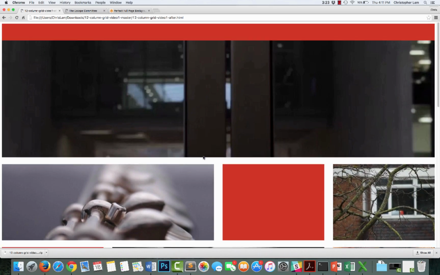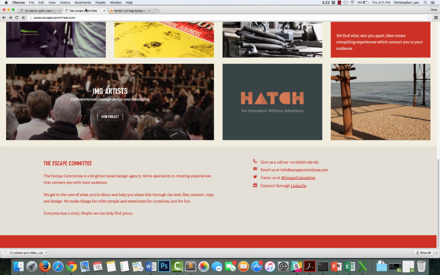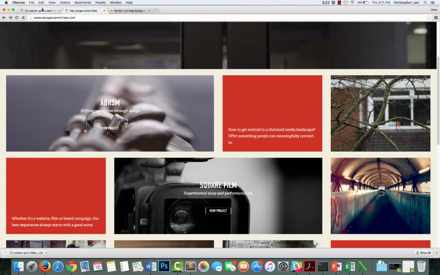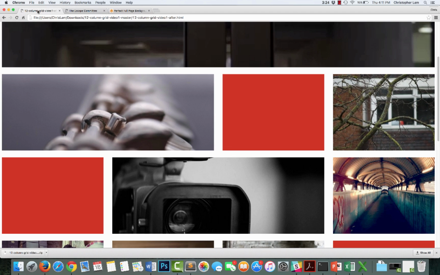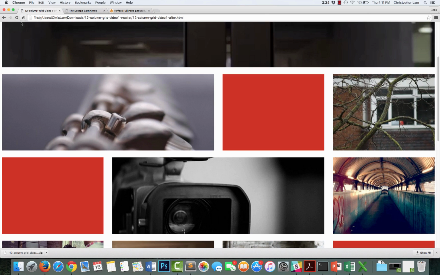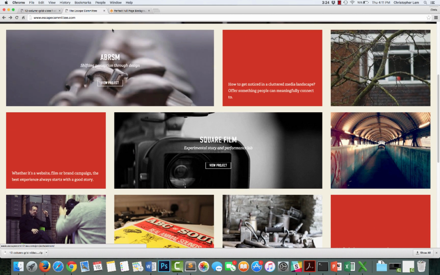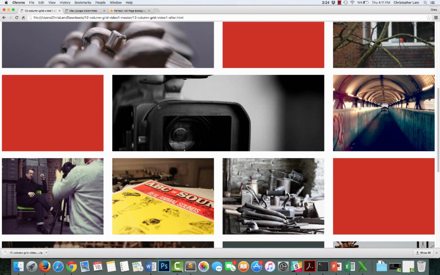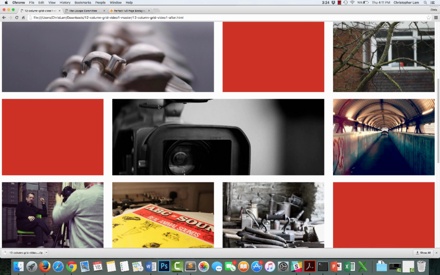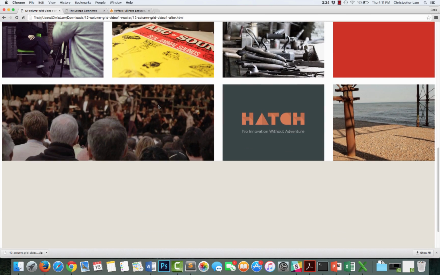But if you look, now we're looking really close to the escape committee site. So if we look here and we scroll back here, it's pretty close. It's a little bit smaller. There's a couple little changes. So for example, there's some extra room on the right and the left on the escape committee site, and it looks like the gutters between each column are a little bit smaller than my site. But the point wasn't to exactly recreate it pixel for pixel, but to say, look, we've got this 12-column grid,